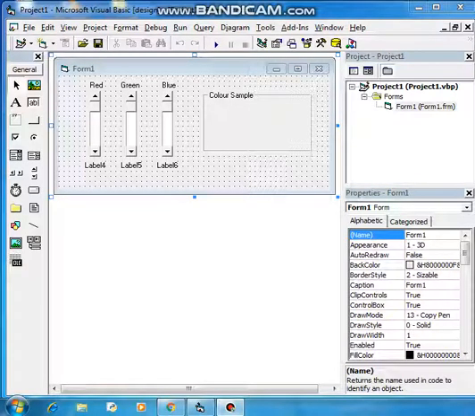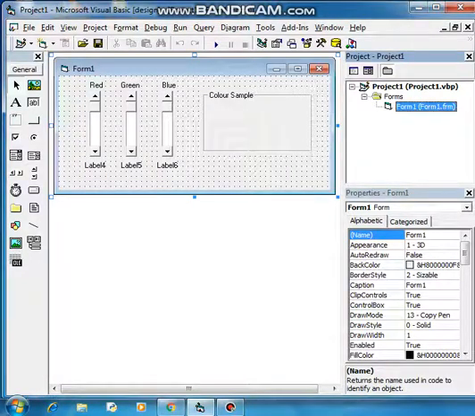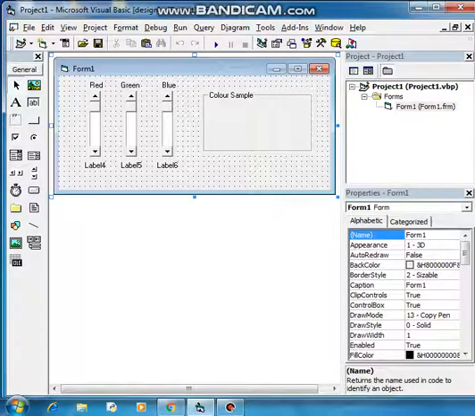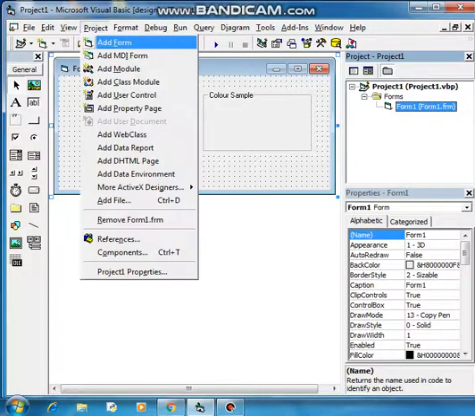Student, here I am going to show you one more program with scroll bar. I will take vertical scroll bar and horizontal scroll bar simultaneously. So let me take one more form here. How to take, I told you, I can go to the project menu and do, this is